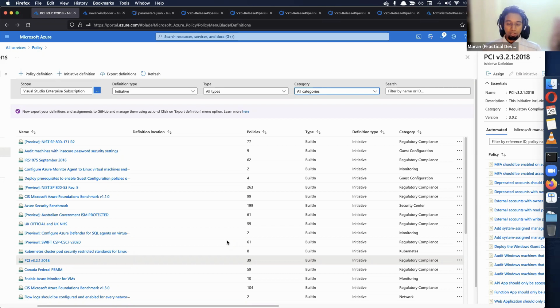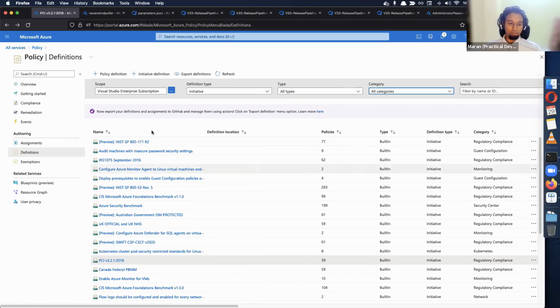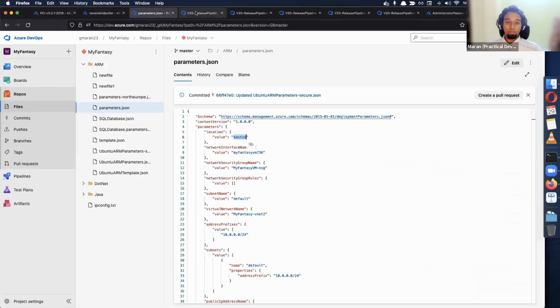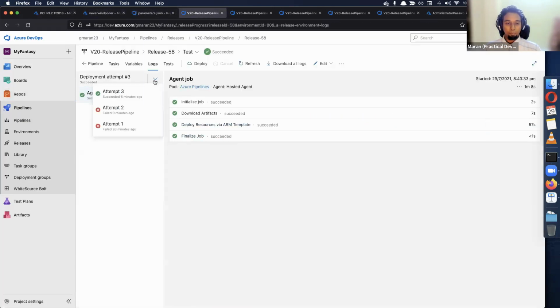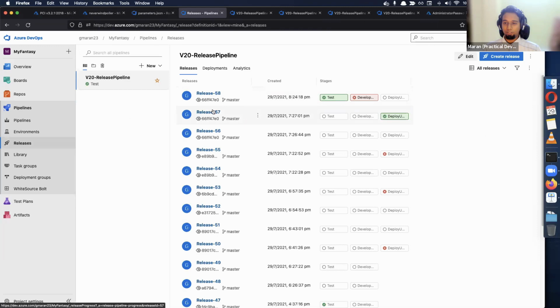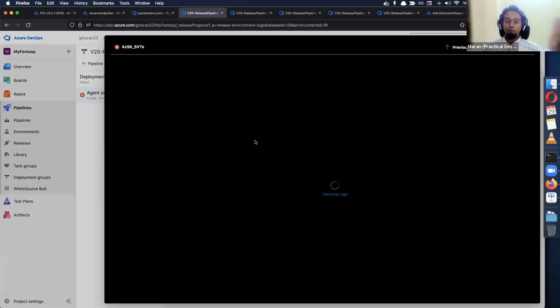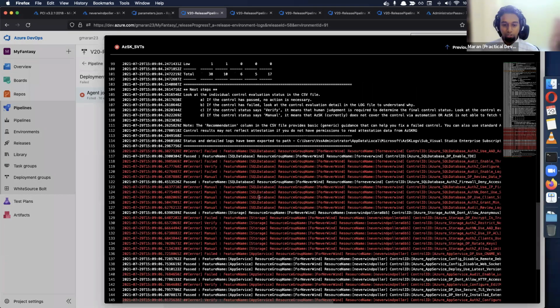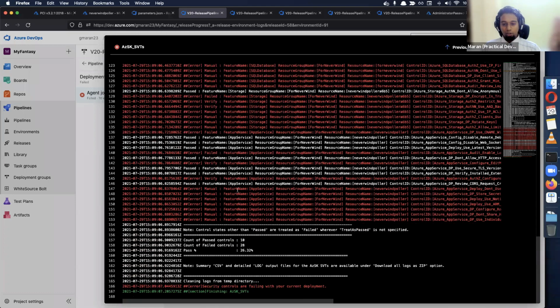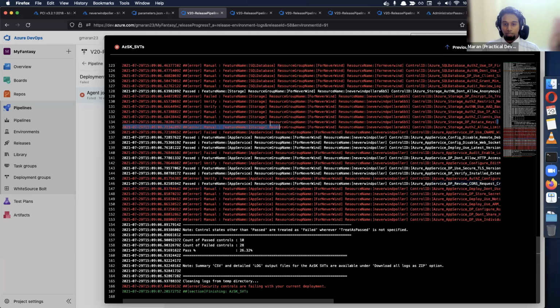The other advisable way of doing these results, which I don't have a demonstration of right now, is taking these. All right, let's pick the deployment attempt. Let's pick the previous release that we did, under development. If you want to see these tests as failures, you want to consume these failures as, okay, that's a vulnerability that I need to fix. This is another vulnerability that I need to fix. So I got 10 vulnerabilities that I need to fix. You want to grab these vulnerabilities and put them as